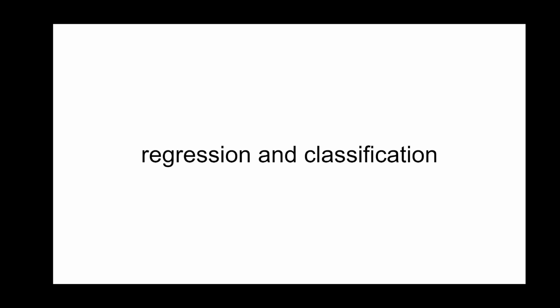Today we will start a new series about the basic elements in the deep learning framework. First of all, we will discuss the two most basic tasks in deep learning: regression and classification. And we will discuss the output vector for both tasks and the loss function associated with them.